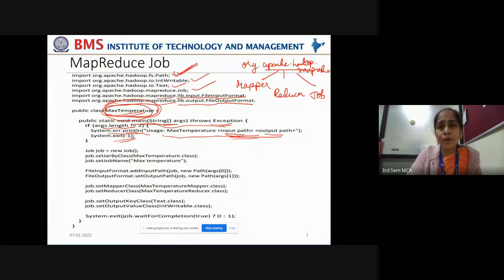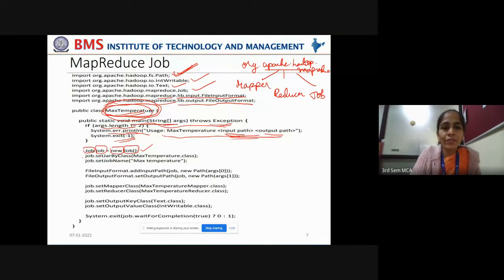Now, if the number of command line arguments passed is appropriate, then you can do the actual job, right? So how do you start packing these mapper and reducer classes into a job? You create a job instance first by using the Job class. This is the job object, which you are creating as a new instance of the Job class.